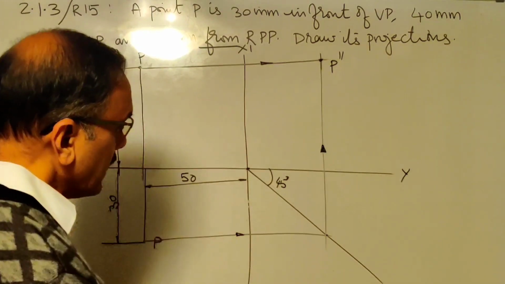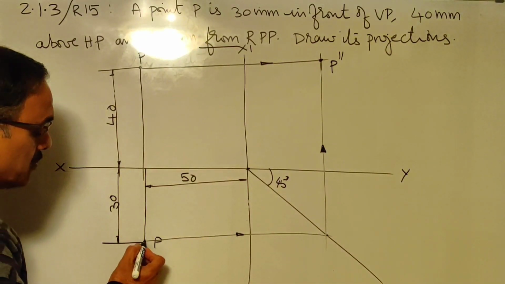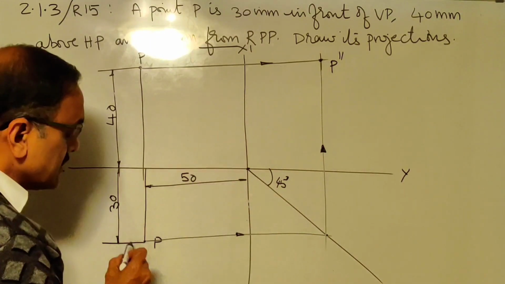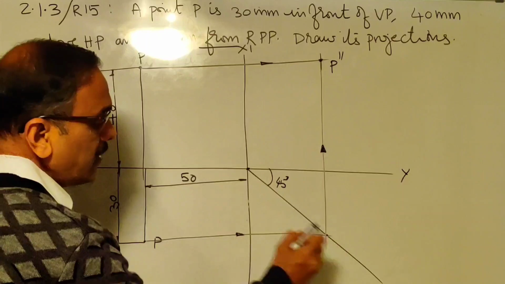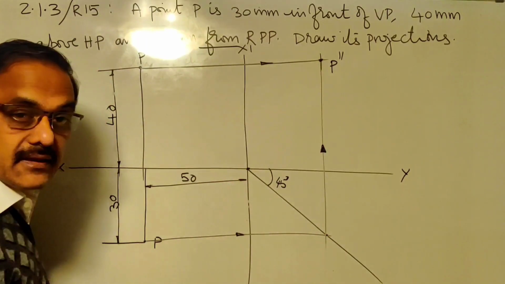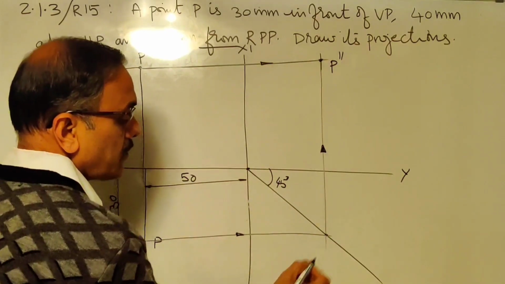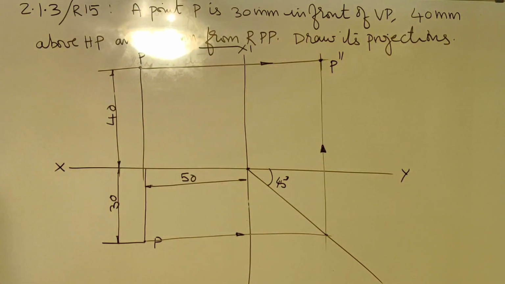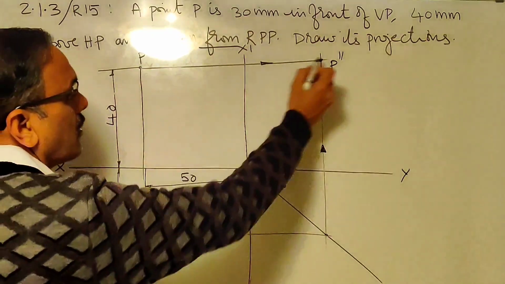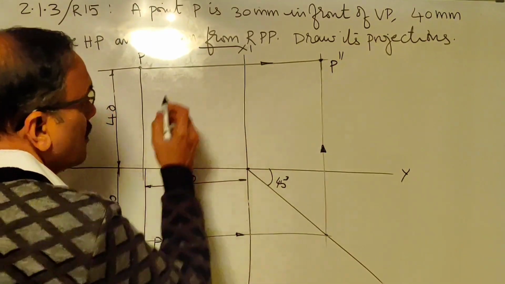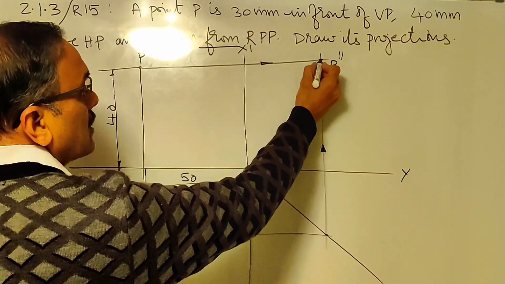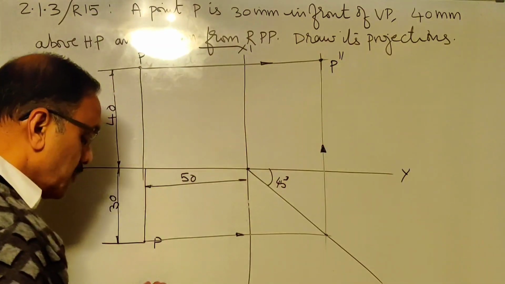After drawing the 45 degree line, you have gone to the top view. Go to the top view, draw its locus. Locus in the sense, draw a line parallel to xy line to intersect the 45 degree line at a point. Mark that point. There you drop a perpendicular, and then go to the front view and draw its locus. Wherever the perpendicular drawn and the locus of P dash intersect, you get the profile view of the point P.